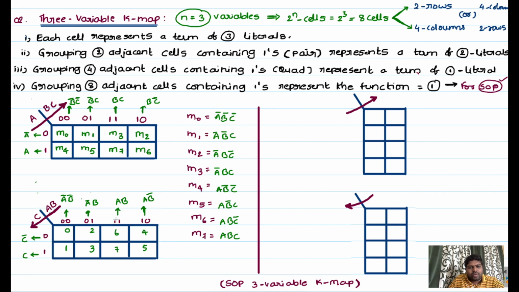Okay, if you are taking this box 7, this is associated with this AB and this C, right? So now first you take AB, after that C. So AB is 1 1, and C is 1. So you will get 1 1 1 binary, which is equal to decimal 7. So I will indicate 7 here. So this is the way you have to identify the three variable k-map in sum of product nature.